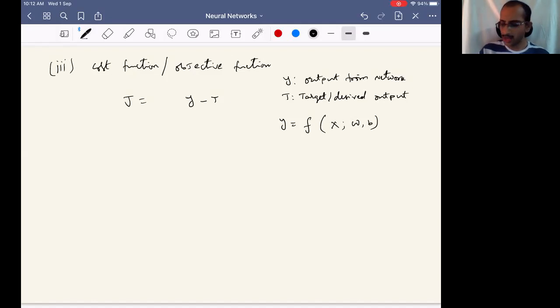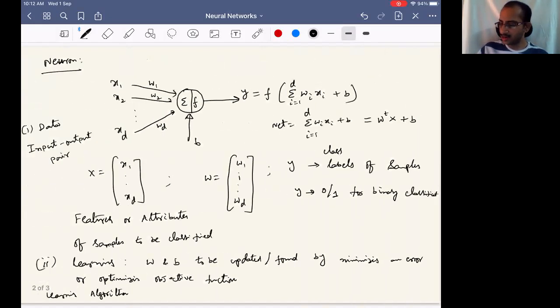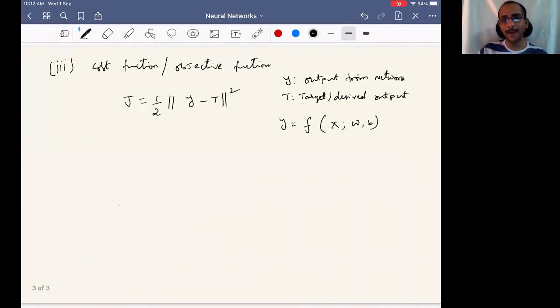Okay, so how do I formulate a cost function J equal to? This is one simple cost function. But if I have multiple outputs, things will change. If I have multiple samples and I want an overall cost for them, things change too. This is the simplest form. Or, given the recent discussion on cross entropy and KL divergence, if I want to formulate a different kind of cost function, can you suggest something?